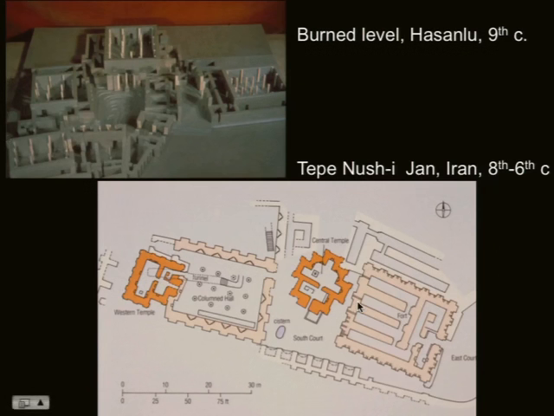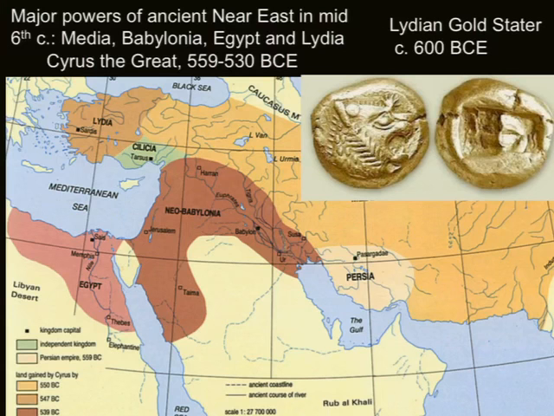So, long story short, by the end of the 7th century BCE, the Medes have become one of the 4 major powers of the ancient Near East. We've talked about the Neo-Babylonians, the Medes. Egypt also retains and remains a major power broker in the region. And also Lydia emerges as a major power, particularly because of its access to gold and electrum. A lot of natural resources in the Anatolian Peninsula, as we've seen as early as the Hittites.